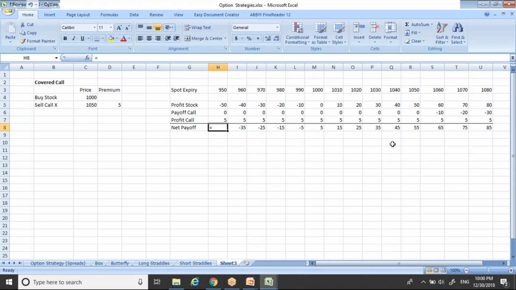There's a problem. Not always problems with formula. Now, it's perfect now. So if you see here carefully in the covered call strategy, when the prices are lesser than your buying price, it gives you unlimited loss. As the price goes down, it gives you a limited loss. Near at the money, it is still giving you 5 rupees profit, because if the prices closes at the money,